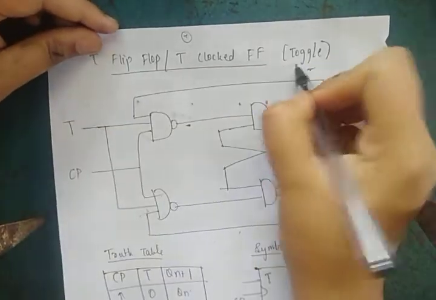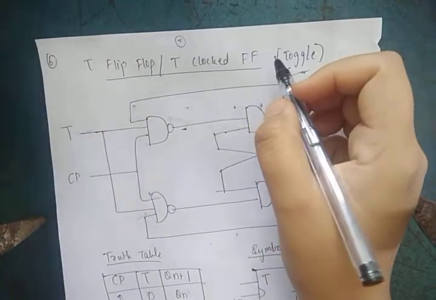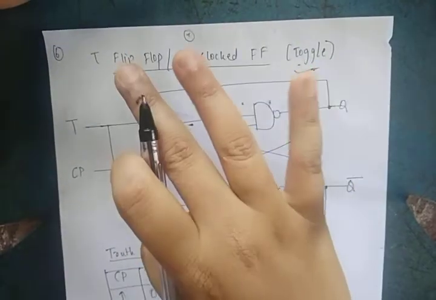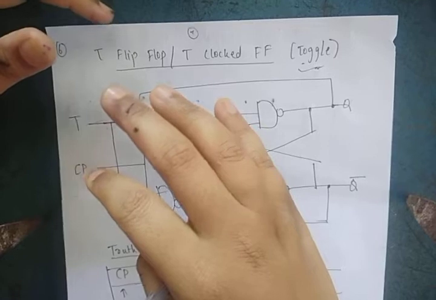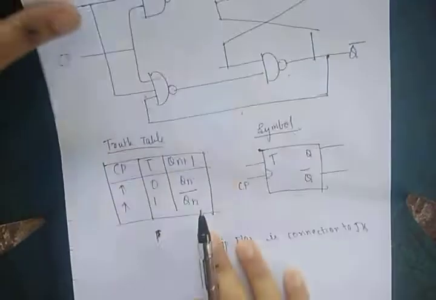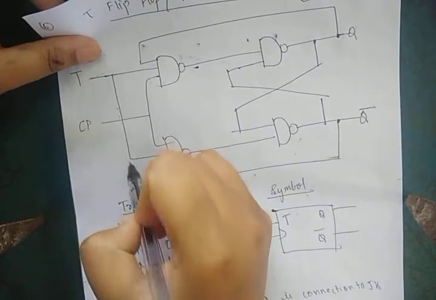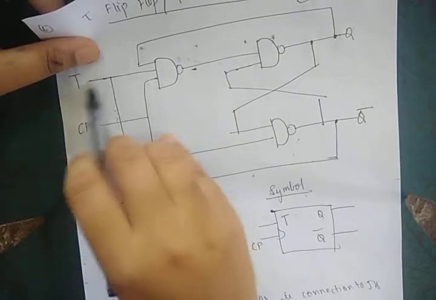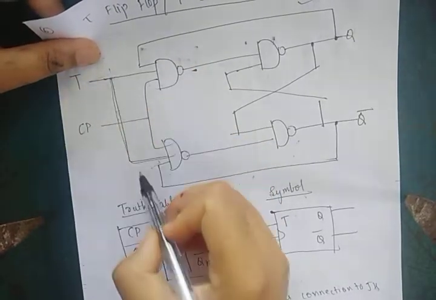What is the meaning of T? T means toggle. Toggle means it will be toggling between two states. Once it will be in the previous state, once it will go to the next state, that is, once it will be like QN, it will be toggling between two states. So this is how T is connected. Don't put a NOT gate here. NOT gate is present only for D, the data flip-flop. For toggle, just put the same input directly. If input here is 1, this also will be 1. If it is 0, this also will be 0.